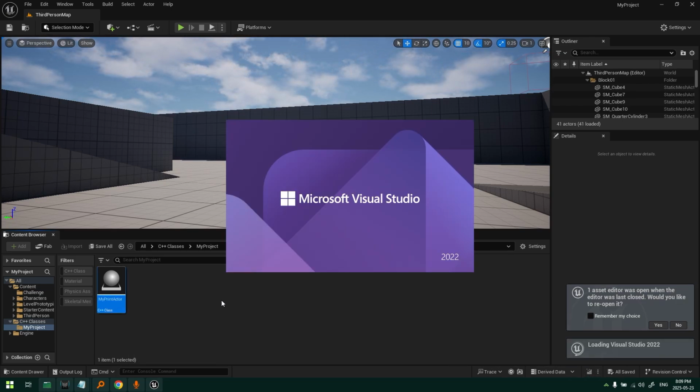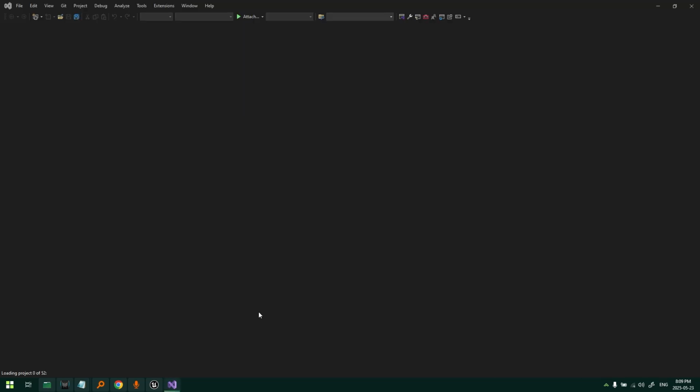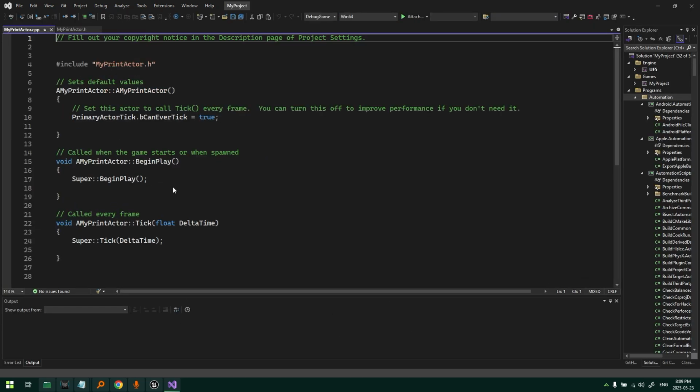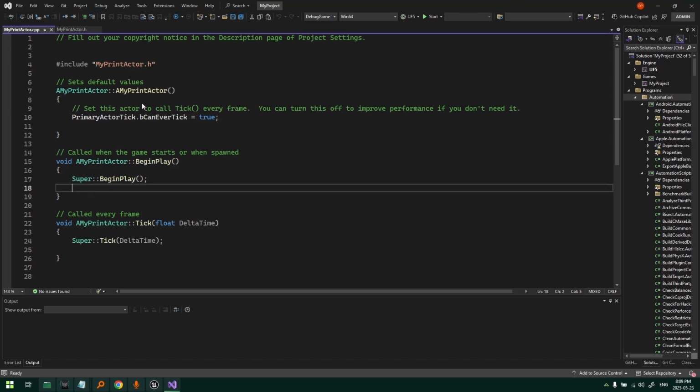So when I open this one, it's gonna take like a minute or so to get open and get loading. Okay, so it did open, and